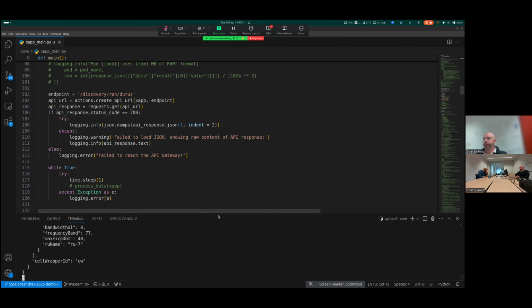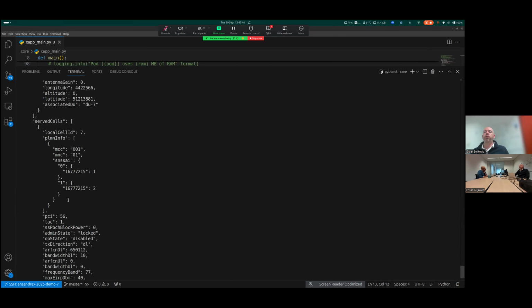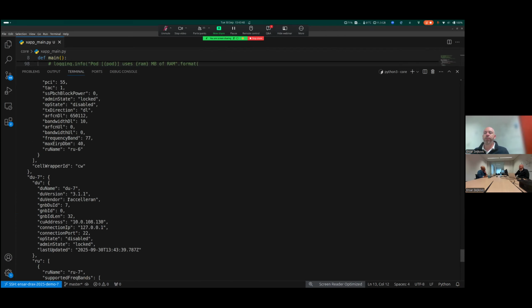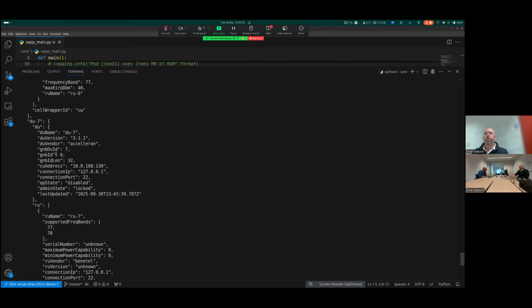There we go. So if I open up the terminal window, you see that we have a very large Python dictionary or JSON type of message. But basically, it holds a key, which is the DU name over here, for example, DU7.